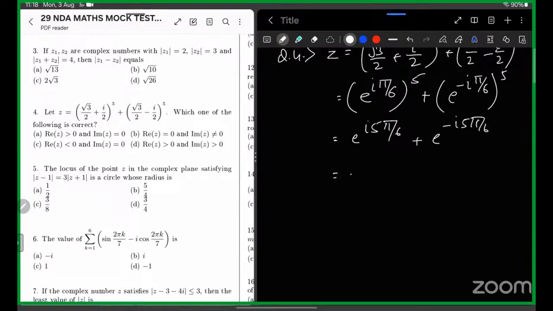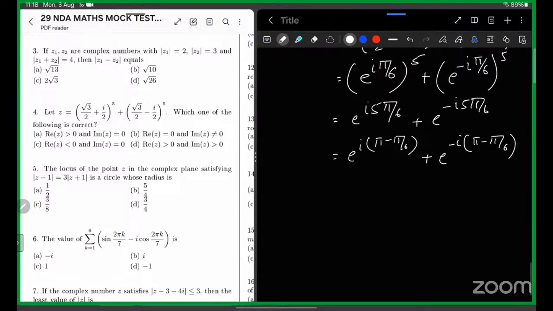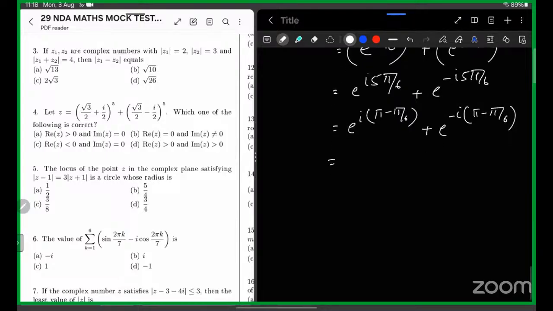5 pi by 6 can be written as e to the power iota (pi minus pi by 6), plus minus iota again (pi minus pi by 6). So what are we going to get? It is in the second quadrant. In the second quadrant, theta can be represented, when you write it in the form of cos and sine, so you should know that in the second quadrant cos is negative. So when you write like this, cos of (pi minus pi by 6),